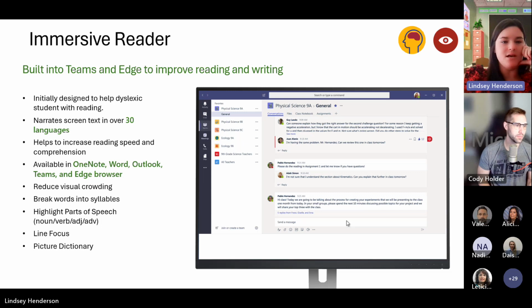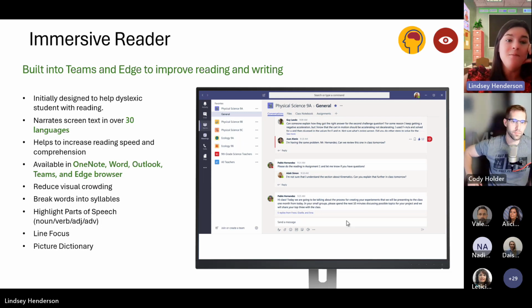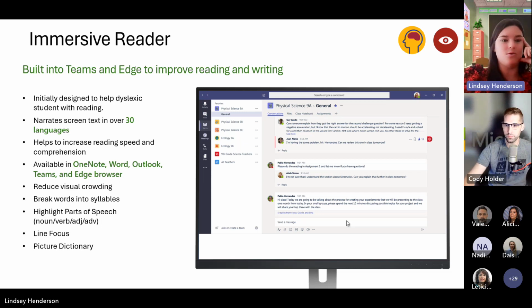And then the last thing too would be towards the bottom here, you'll see highlighting parts of speech. Again, this little video clip is just a quick snippet of Immersive Reader. We know today's focus is on the learning and accessibility tools, so we're not doing a demo of Immersive Reader, but we do have some leave behind material for you all. But when you put it into Immersive Reader, you can actually then highlight out the parts of speech. So maybe things get called out as nouns or verbs, adjectives, adverbs. This would be really, really helpful for a teacher that's teaching the younger students the parts of speech, what those mean, and being able to color code it or have those highlighted in the way they're differentiated out.